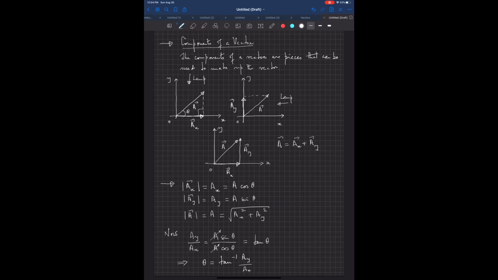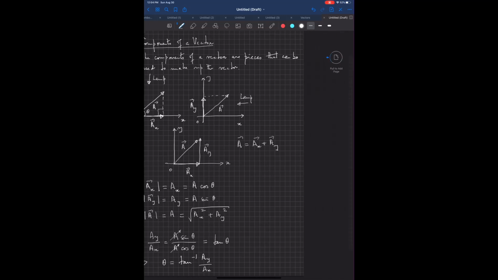So if you know A sub y and A sub x, you can find the angle theta. If you know A sub x and A sub y, you know the magnitude of the vector A. So knowing the components, you can determine the vector,